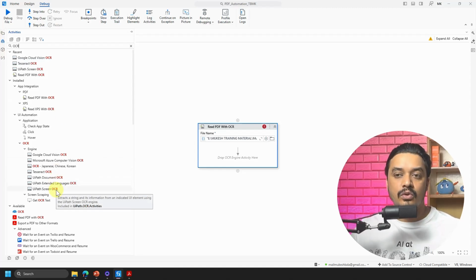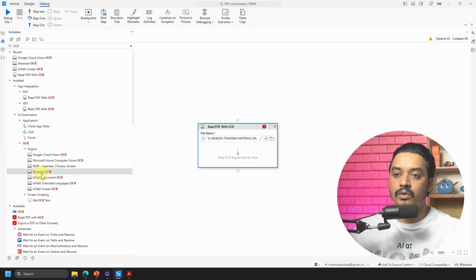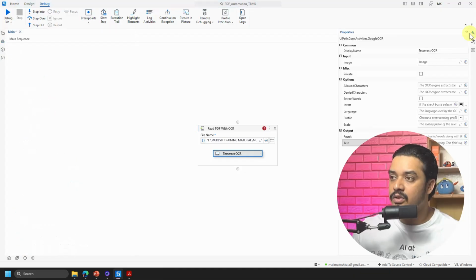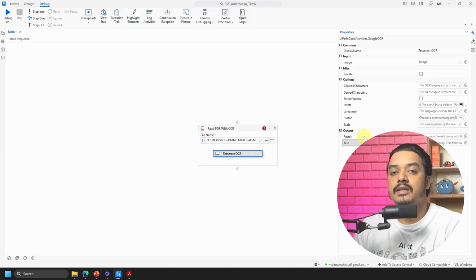Okay. So today I'm going to utilize the Tesseract OCR. All you have to do is drag and drop this OCR here, where it says drop the OCR engine here. And that's it. Now if I go to the properties of the Tesseract OCR, you would notice that these are the options I have, and it is not asking me for any API or any subscription. However, if I just